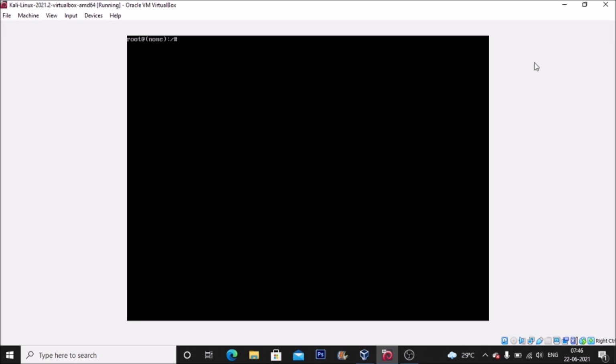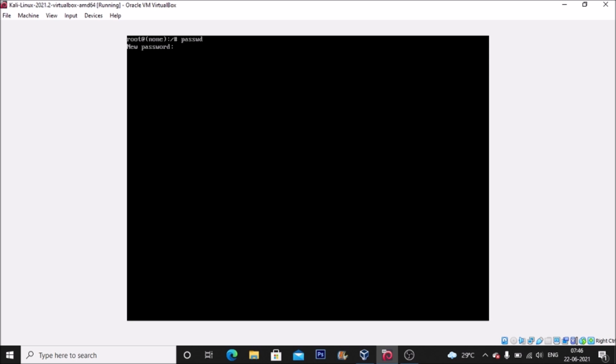Yes, now here we can set the password. If you have a normal user, you can change that user's password also, but I just want to log in as the root user. So I'm going to change the password for the root user. passwd is our command. Just hit enter, and as you can see, it asks us to enter the new password.